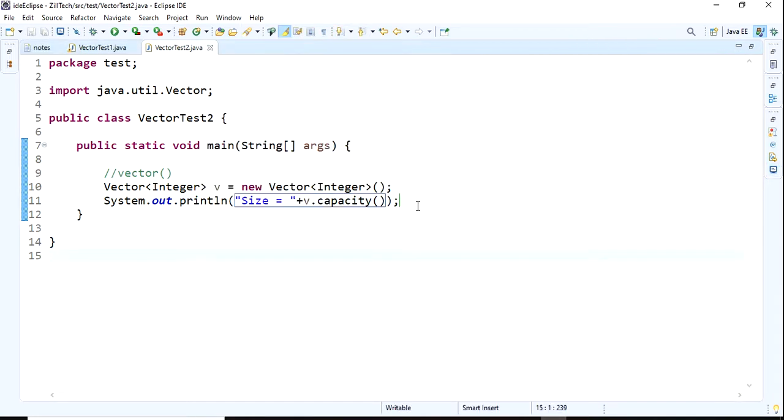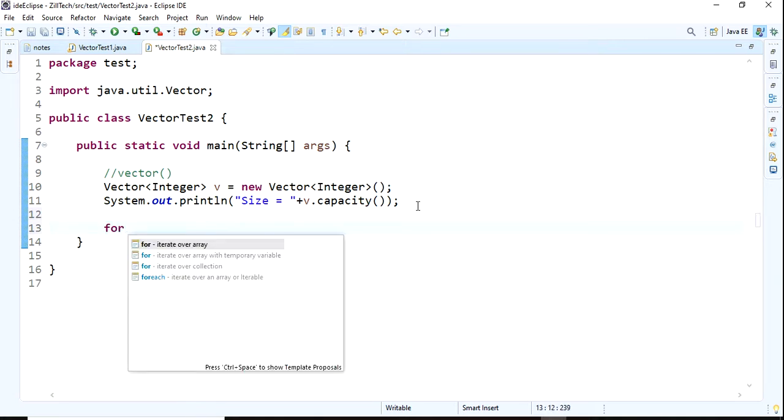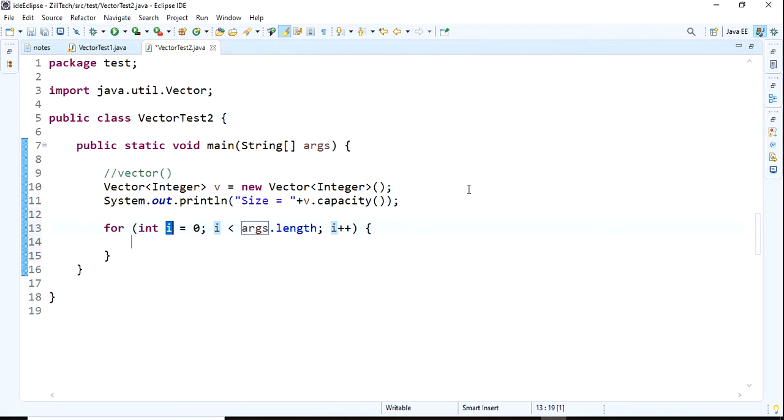Now I want to add 10 elements first, then we'll see what will happen if I add 11. For i equals to 1, and I use less than or equals to 10. Then I want to add.